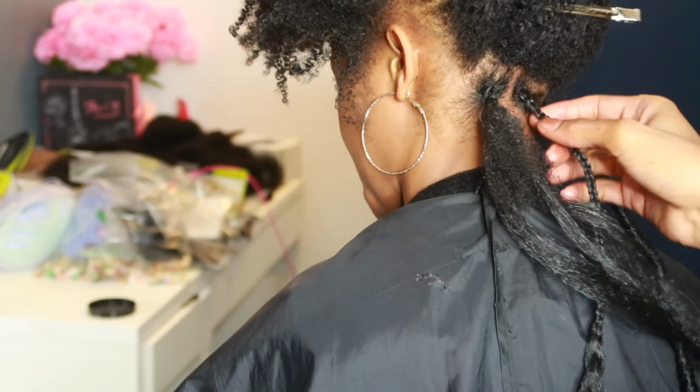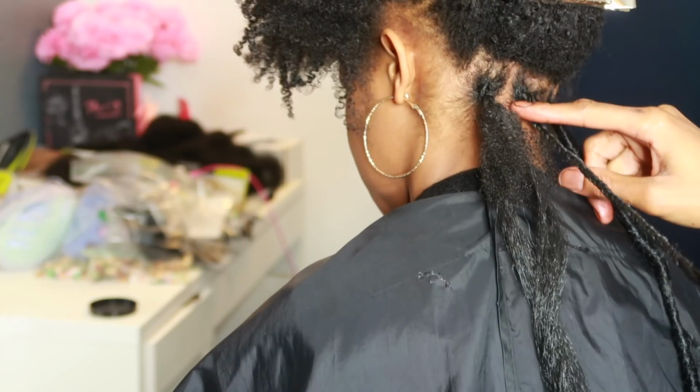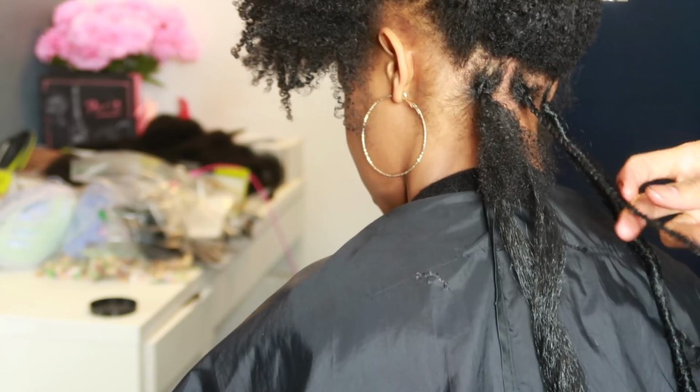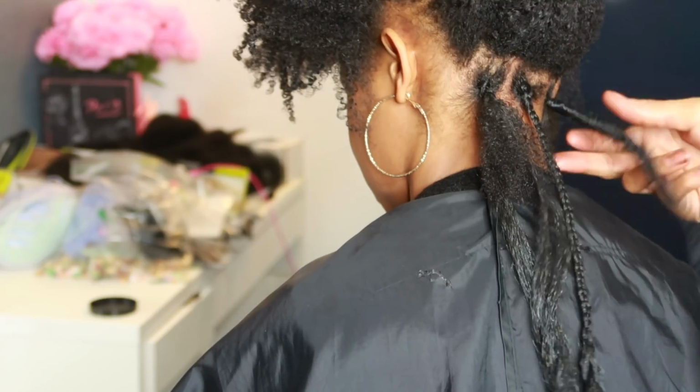So first, what you want to do is braid loosely, meaning you still want it kind of puffy and curly at the root. You don't want it really tight to where she can't even move it around for this look at least. Well, you really shouldn't have it at all, but for the look we're going for, we want it very loose